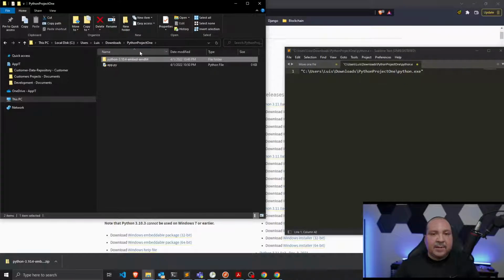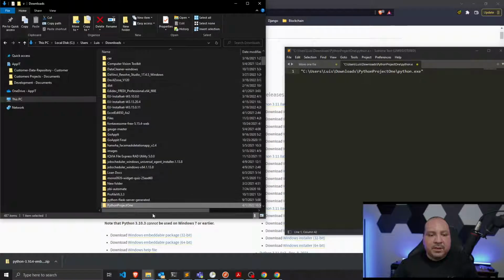So you could technically upload this folder, in a zip format, or just upload it as is, to a SharePoint site. They would have to download it locally, but they wouldn't have to install Python. If I were to put this in a zip file, which you upload to SharePoint, and somebody wants to run it, they could download the zip file, and then all they have to do is unzip it. And when they unzip it,